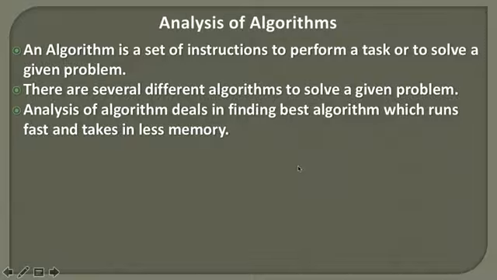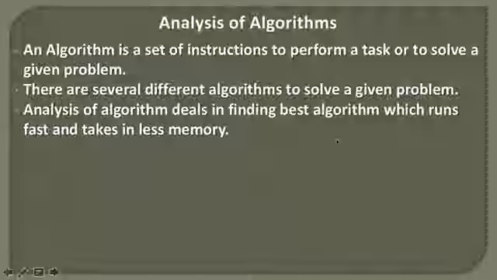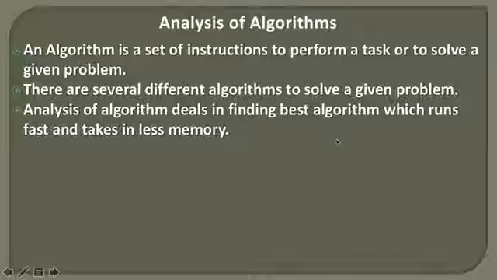So why do we actually do that? Because let's say we are given a problem and we have 2 to 3 algorithms to solve that problem. But out of the 3 algorithms, one takes 1 second, the other takes 5 seconds, and the third one takes 10 seconds. And similarly with the memory. So we usually analyze those 3 algorithms and we take the algorithm which takes the least time, because if we take an algorithm which takes more time, then slowly our system will degrade and we will have performance